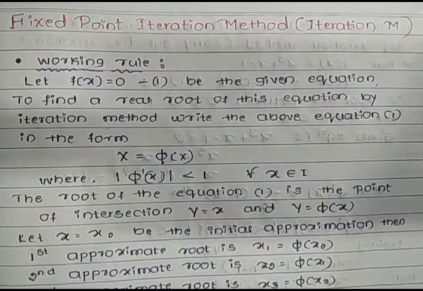Already we know the meaning of algebraic equation as well as transcendental equation. Algebraic means the equation will be in terms of polynomials of x, and transcendental equation means trigonometric, logarithmic and exponential terms will be involved in the equation. So whether it is an algebraic equation or a transcendental equation, with the help of numerical methods we calculate its root, we find its x value.